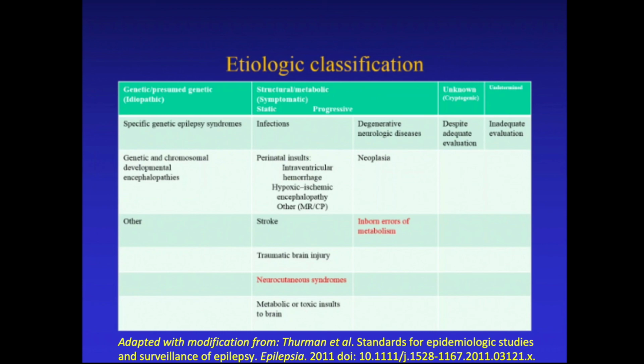And that also seems to cause some confusion, at least in my mind, about classifications under the structural and metabolic, because we have neurocutaneous syndromes, many of which are genetic, but I guess since there are clear structural abnormalities associated with tuberous sclerosis, for example, it probably is classified under symptomatic as opposed to